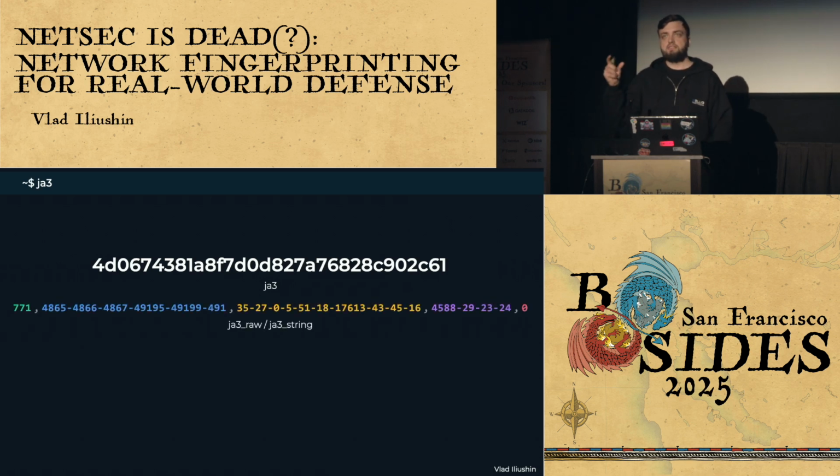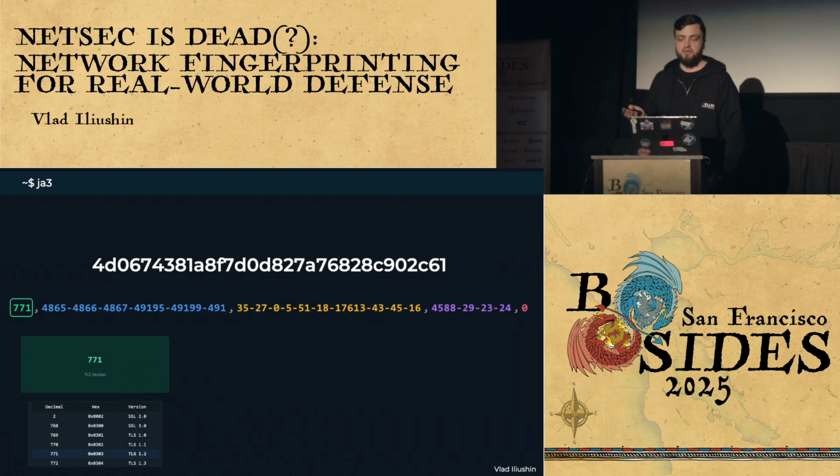And this string is just an MD5 hash of the underlying JA3 string, or JA3 raw hash, right? And as you can see, it has 5 parts in total. So let's go over each part. The very first one is the decimal value of the TLS version. So 771 is TLS 1.2, 772 is TLS 1.3, and so on.